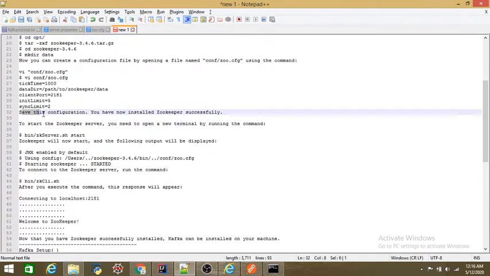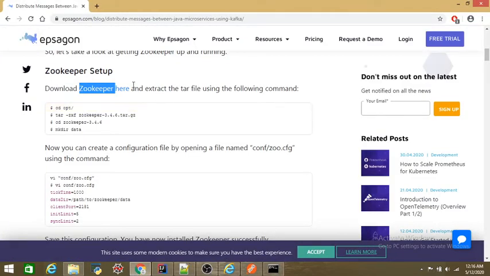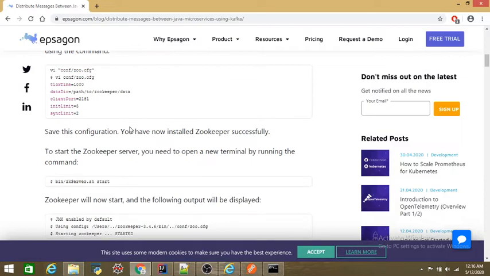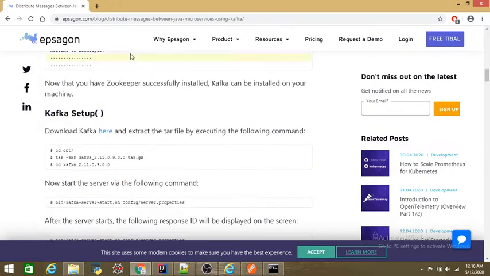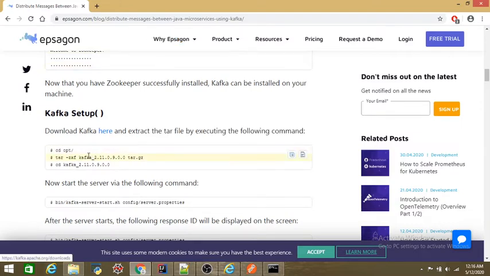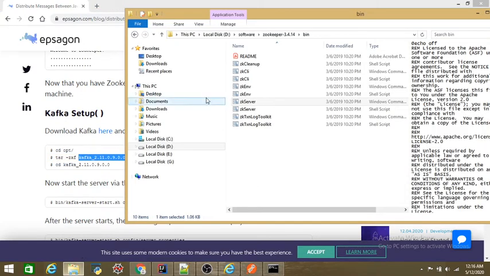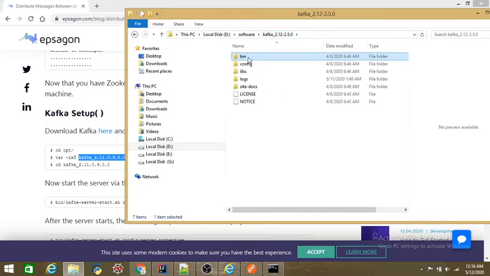So now we are ready with the Kafka server installation, right? For the Kafka server, again you go to the same website. Just download Kafka from here. You can download it from any other website, but I recommend doing it from here. And the same way you need to extract that Kafka. As soon as you extract it, it will come like this. Make sure that bin, libs, logs, very important, logs, and config, everything is available as it is. As you can see on my screen, it should come like this after you untar it.